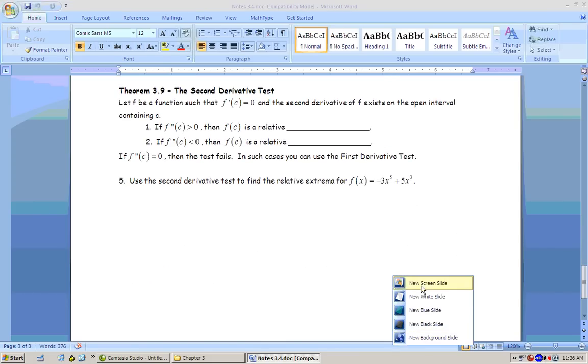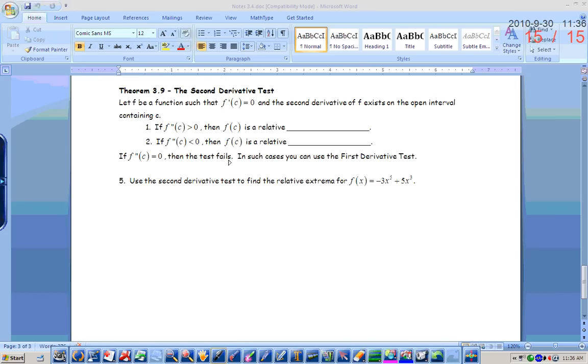Okay, there's also something called the second derivative test. So you go back to the original and plug in at 1 and negative 1. Okay. All right, if f is a function and f prime of c equals 0, so the first derivative equals 0, and the second derivative exists,